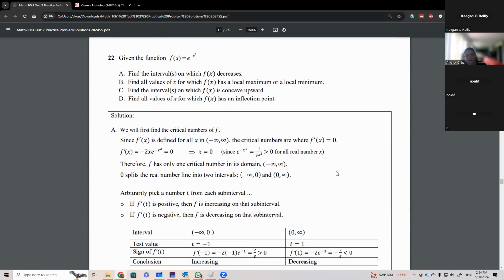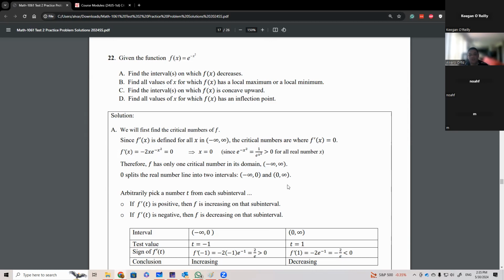This one is going to help me find the maximum, but of course, when we're working in general, then we can find much more than that. We can find where it increases, where it decreases, where it's concave up, concave down. So for this function, e to the minus x squared, we're first going to find the derivative, which is going to be minus 2x e to the minus x squared. And so we check when this is going to become equal 0, and that will only happen here at x equals 0, since the exponential is always positive, so we're not going to get much more than that.